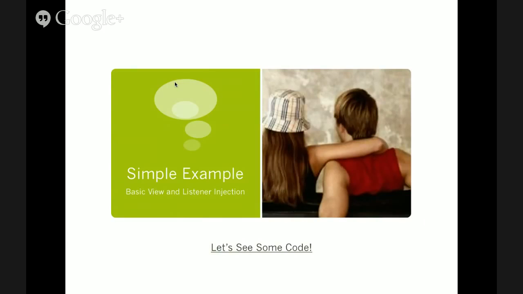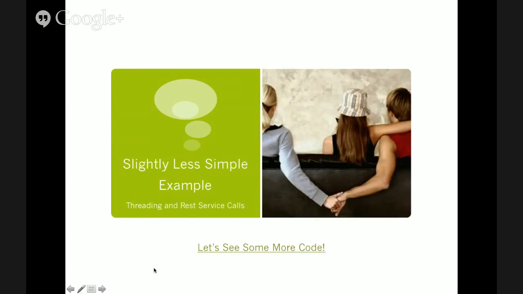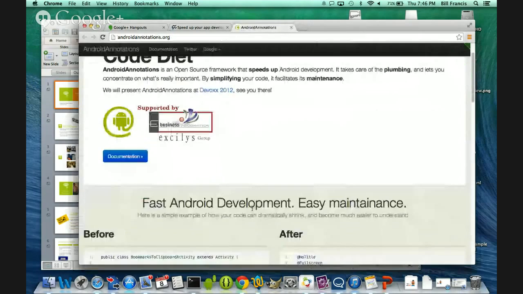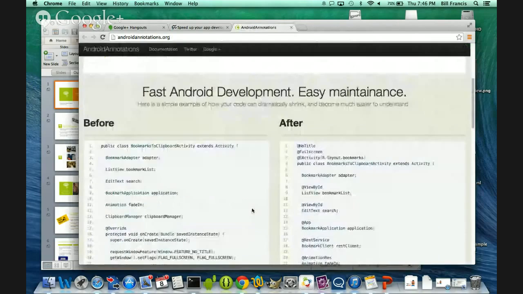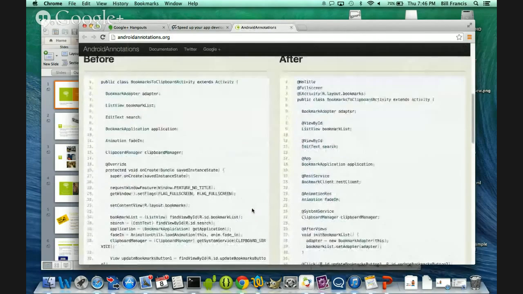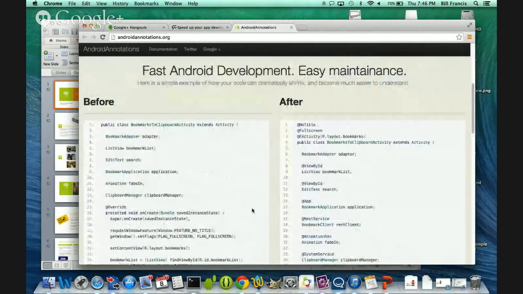So I have here a little bit more complicated sample. If the slide will move forward. All right. So here's the slightly less simple example. And this is actually straight from their page. And basically what I wanted to show was two of my favorite things about the annotation framework here. The code on the left here, the before, right, does exactly the same thing as the code on the right,